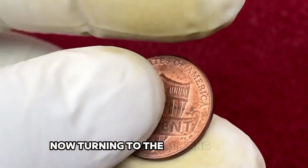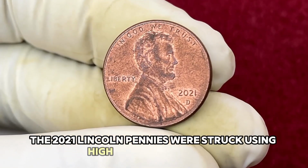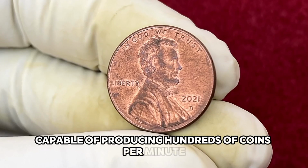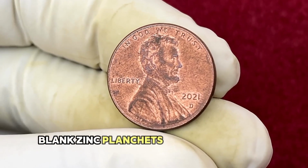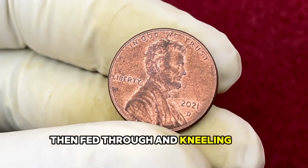Now turning to the minting process, the 2021 Lincoln pennies were struck using high-speed coin presses capable of producing hundreds of coins per minute. Blank zinc planchets are first punched from long metal strips, then fed through annealing and washing processes